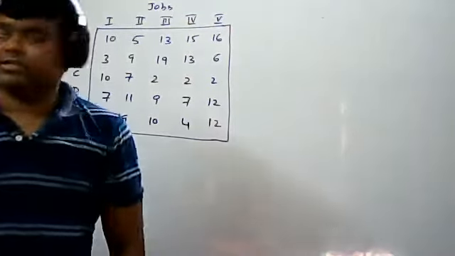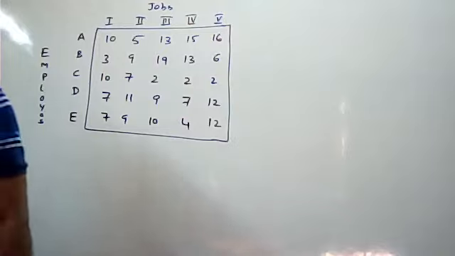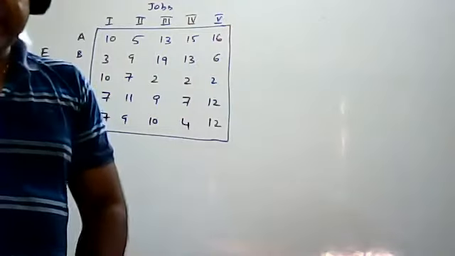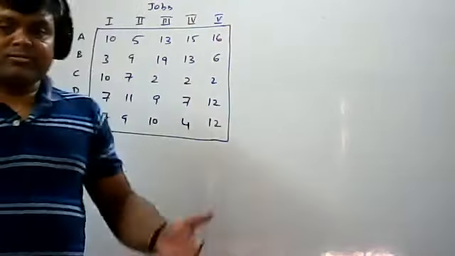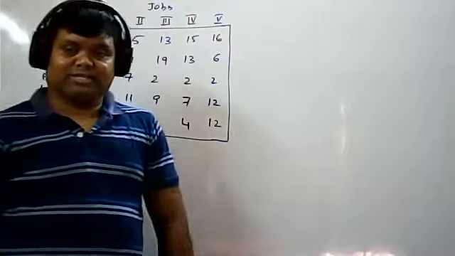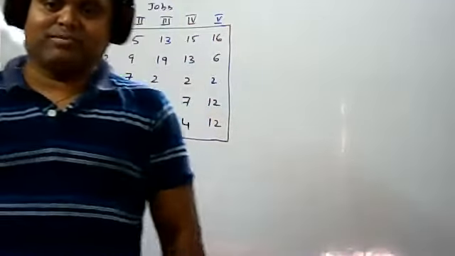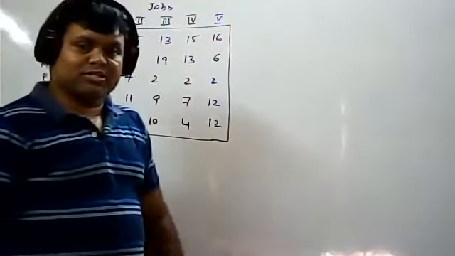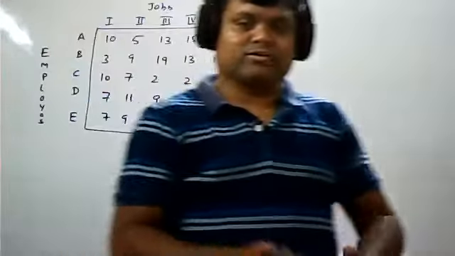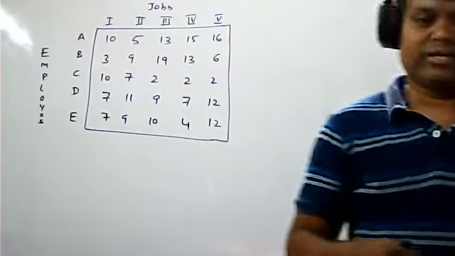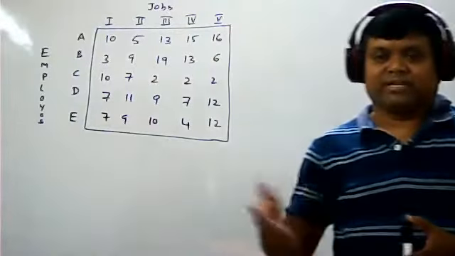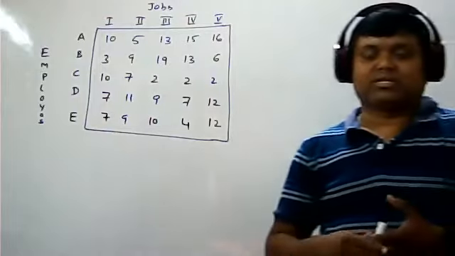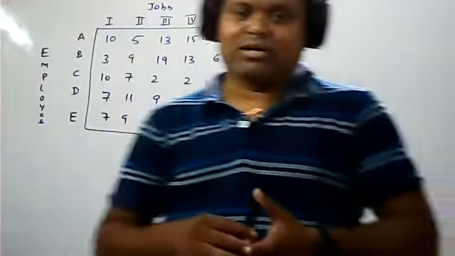So today I will discuss one more problem, an assignment problem using the Hungarian method. In the previous problem, at step number 6, the number of assignments was equal to the order of the matrix, so the solution was completed. Sometimes at step 6 you may not get the number of assignments equal to the order of the matrix. Then you go to steps 7, 8, and 9 and repeat the procedure until you get the number of assignments equal to the order of the matrix.